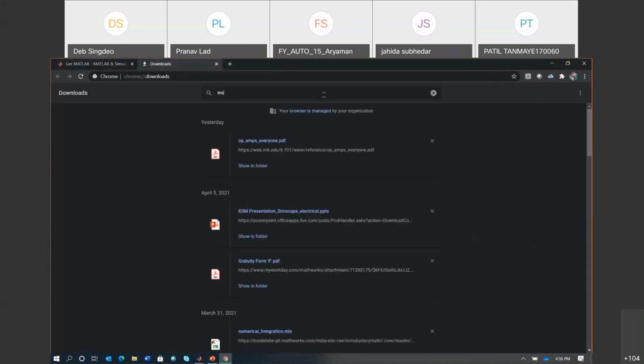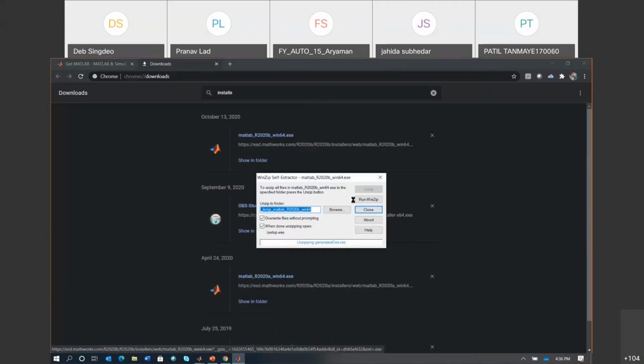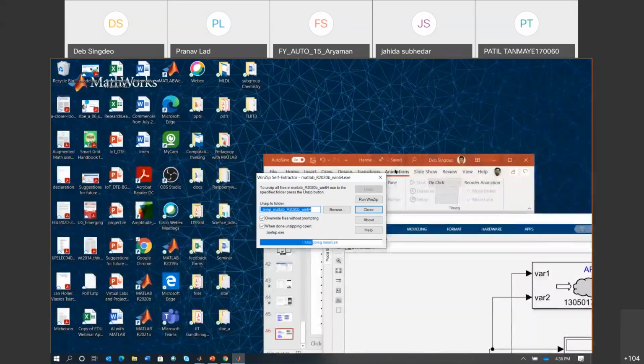Probably that's why it's not downloading once more. So once you have the installer, you can actually open up that installer. It will unzip all the MATLAB files that you see here. And then it will provide me a particular dialog box where I can select the products that I need to download. So we don't need to worry about which products to select right away.